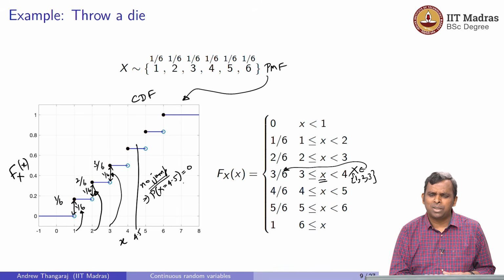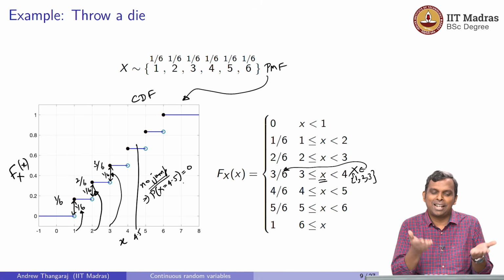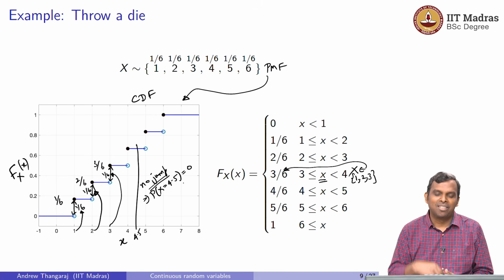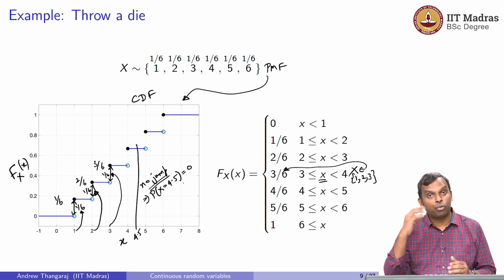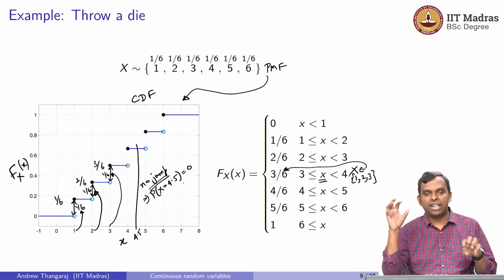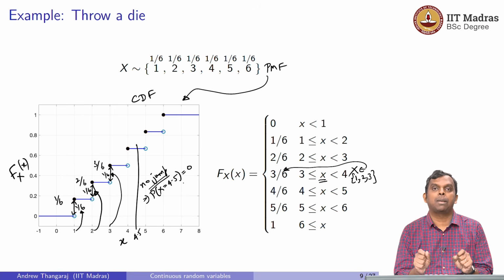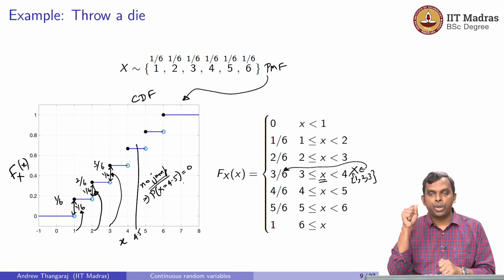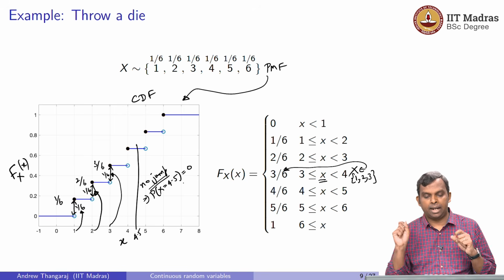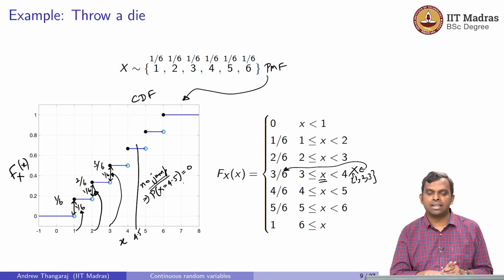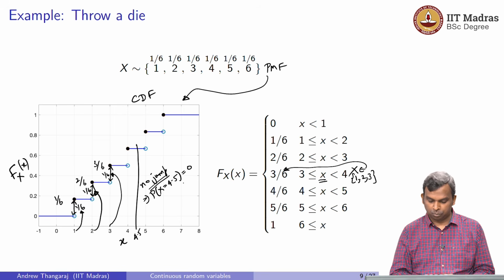but some of you may argue at this point that the PMF is good enough, so why do you need the CDF? What did I gain from looking at the CDF? We'll come to it slowly, but at least for now try to make sure you can go from PMF to CDF and CDF to PMF for a discrete random variable. This is an important skill that you need to pick up when you deal with random variables. I've shown you two illustrations in simple cases. I'll also show you something slightly more general, but hopefully you see the picture.